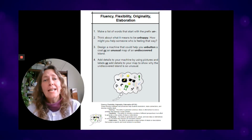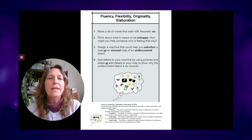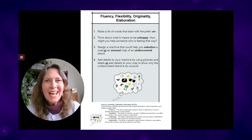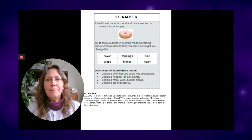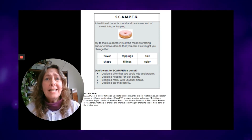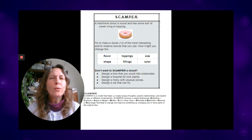We want you to add details to that machine that will help you unbutton a coat and labels, or add details to the map to show why the undiscovered island is so unusual. Get creative. The next creative activity is called Scamper. In Scamper, we try to substitute or combine, adapt, minimize or maximize, put to other uses, eliminate something, or rearrange